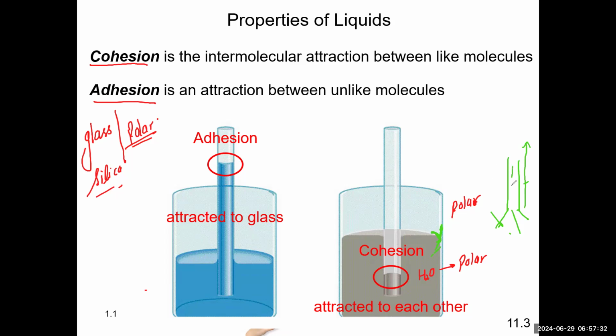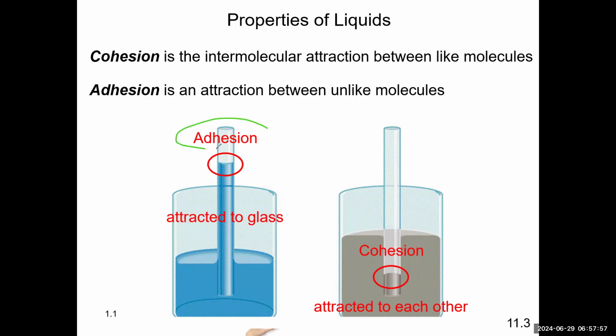Because whatever tubes water is using, plants are using, like I think they use xylem and phloem kind of tissues, whatever they are using. So they are very polar in nature, and water can go up, can travel up with strong attractive forces due to cohesion. Is the word cohesion clear? But adhesion,